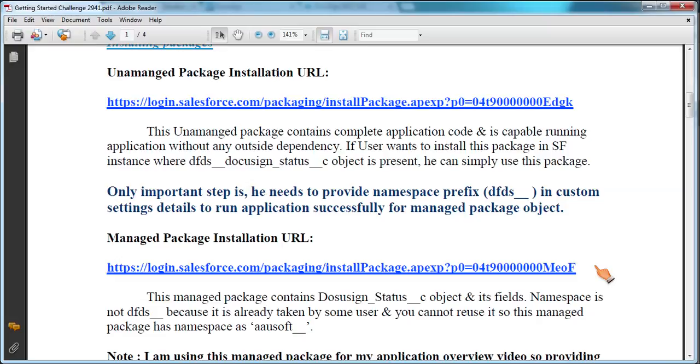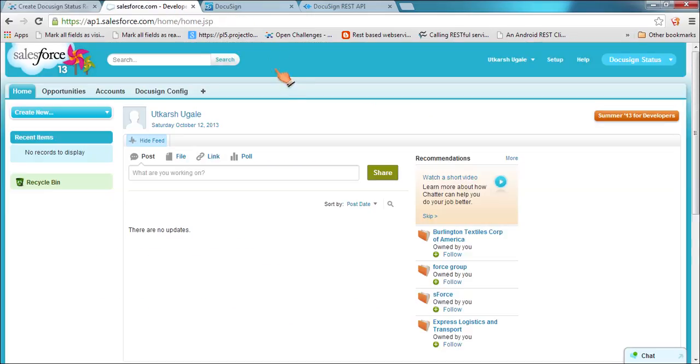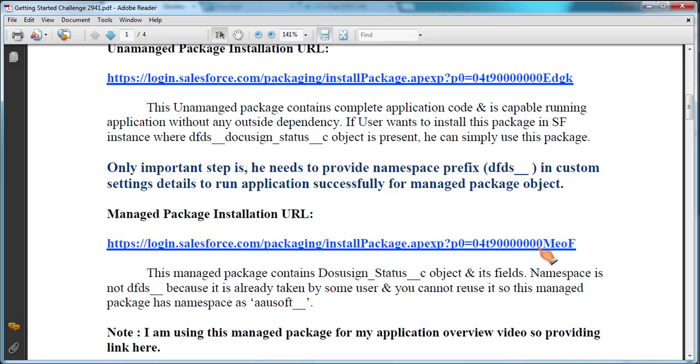In this video we will see how we install an application into an instance where the managed package object already exists. This is my fresh instance. I'm going to first install my managed package in this instance. So copy the managed package URL